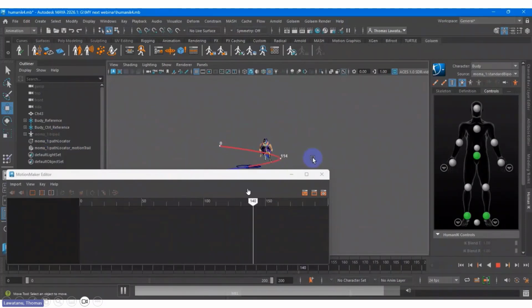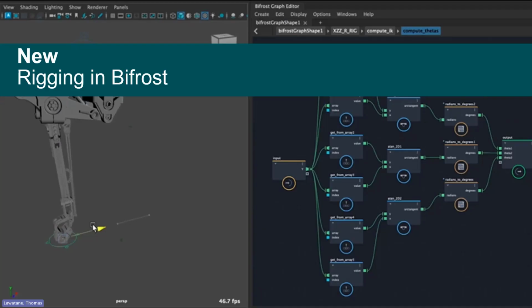See, they jump. I think it's a bit off in the orientation. We need to fix the orientation again, because when you see the head pointing in another direction, I think we need to slow down. But again, this is how to apply animations with the motion maker to your character. Once again, this is the new thing coming in rigging, but I'm not going into too much detail on this part, because this is new.